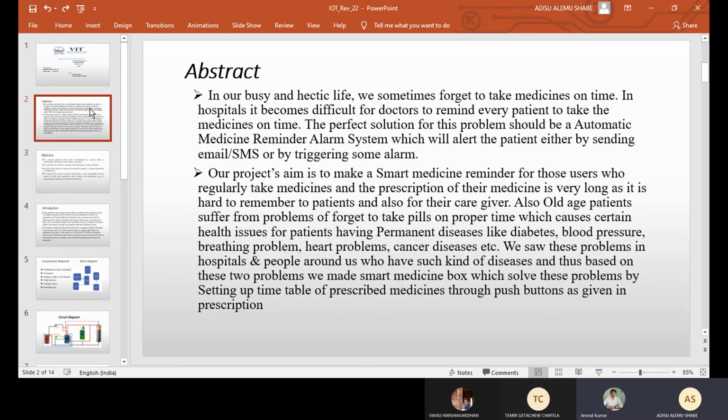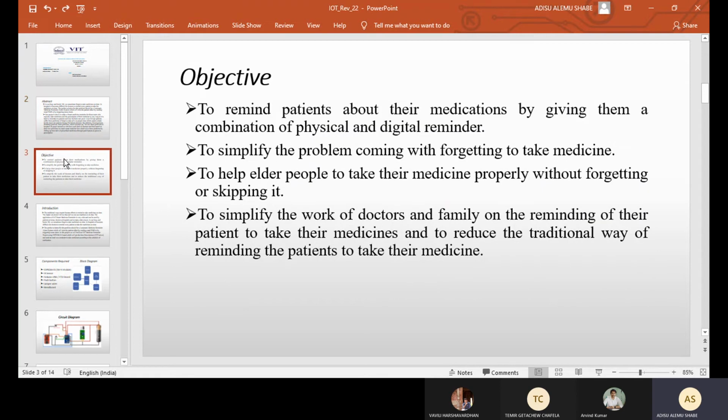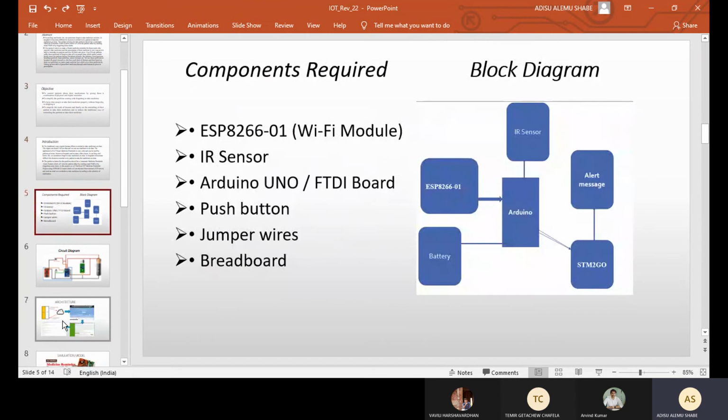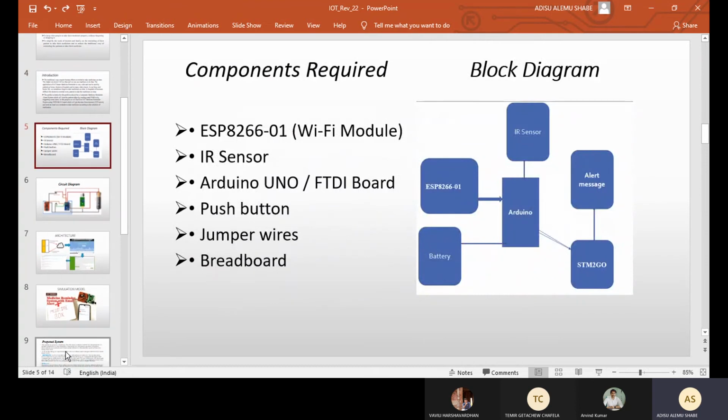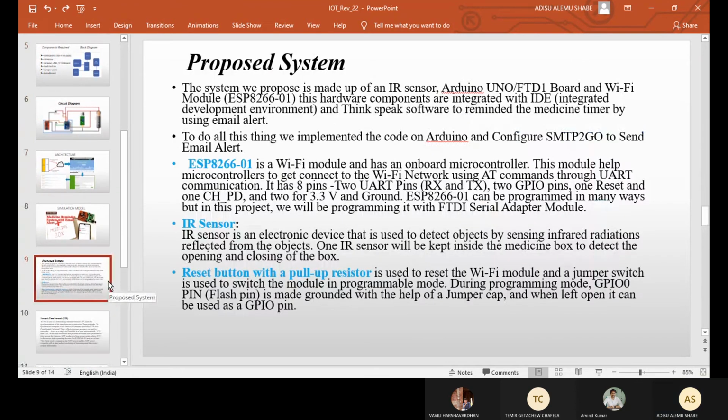Those diseases can't leave the body ever, and they increase in rapid time, and the lifespan of humans becomes less because of such diseases. In order to solve those problems, we propose a medicine reminder with email alert system, which will remind users to take medicine on time through notification.